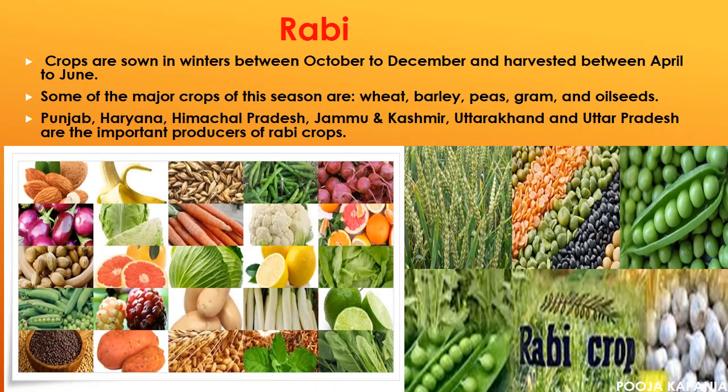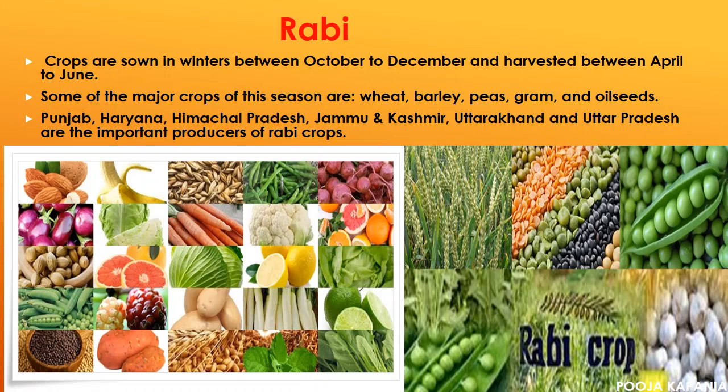Rabi crops are sown in winter from October to December and harvested in summer from April to June. Some of the important Rabi crops are wheat, barley, peas, gram, and mustard. Though these crops are grown in large parts of India, states from the north and northwestern parts such as Punjab, Haryana, Himachal Pradesh, Jammu and Kashmir, Uttar Pradesh, and Uttarakhand are important for the production of wheat and other rabi